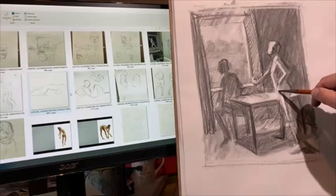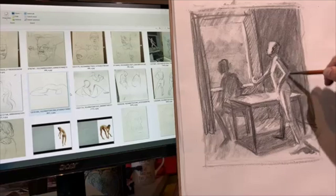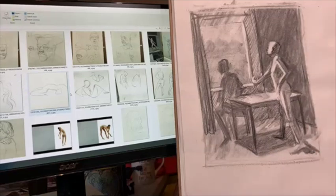So does that make sense? Do you guys see what the assignment is about? Do you have questions about it? How big do they have to be again? I'm drawing it 9 by 12. 9 by 12? You can see